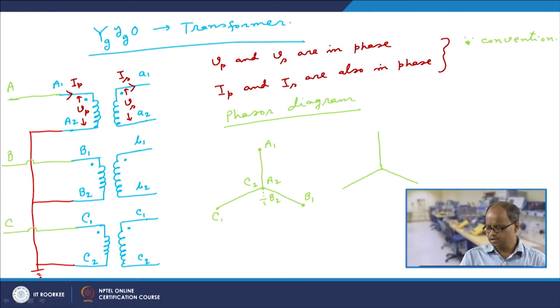So, this is basically phase A voltage. If this is the phase A voltage, then this voltage should be in parallel with this voltage. Similarly, this voltage should be in parallel with this voltage, and this voltage should be in parallel with this voltage, and that is precisely what we have done. Now, because these two are parallel in nature, and we have also said that from the dot convention, when terminal A1 is positive with respect to terminal A2, at that instant terminal small a1 will also have to be positive with respect to terminal small a2, right.